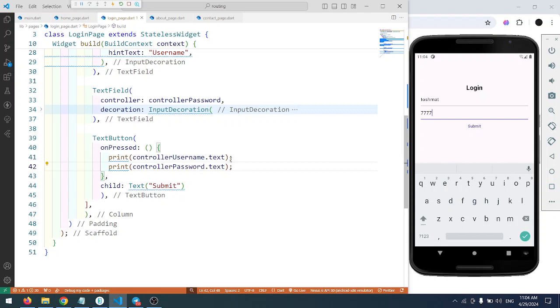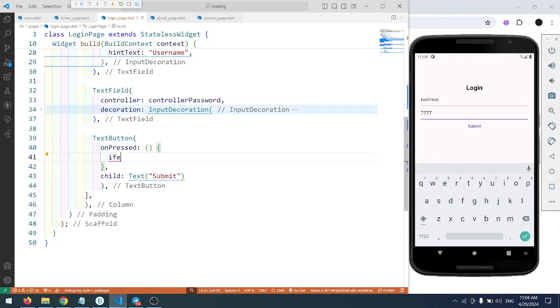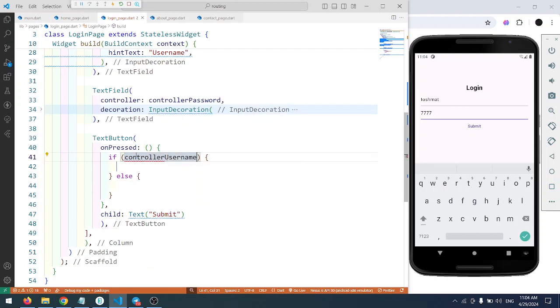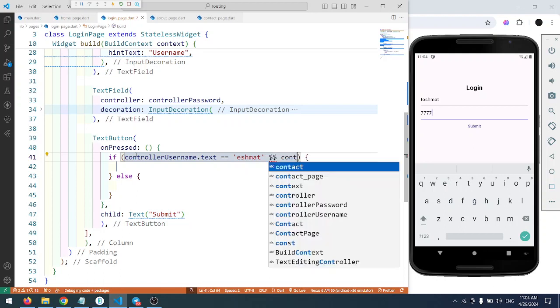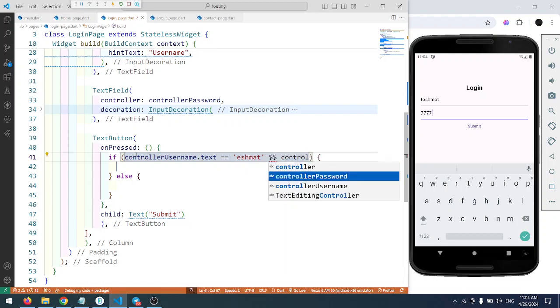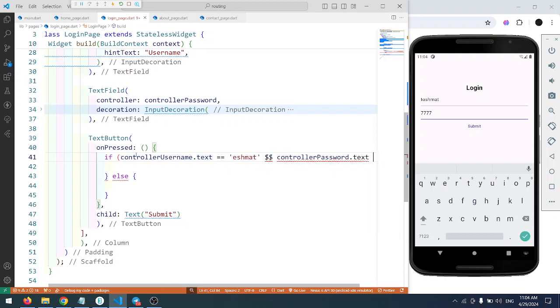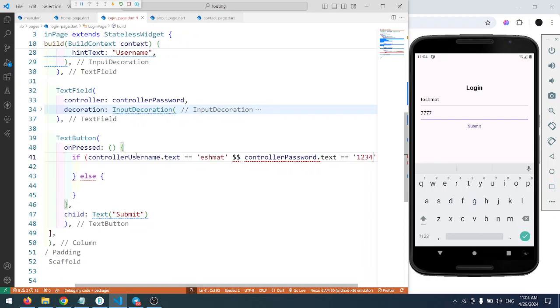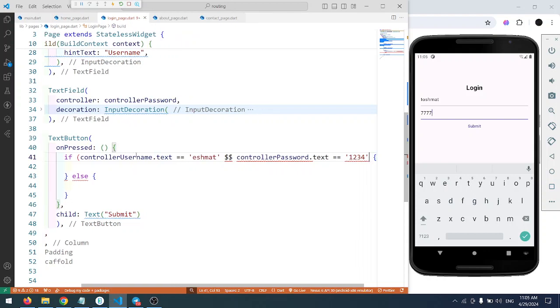Okay, let's do it, right? So I have to create an if else statement, right? If else, the condition will be what? If my controller username text is equal to Ishmat, and controller password text is equal to 1234,